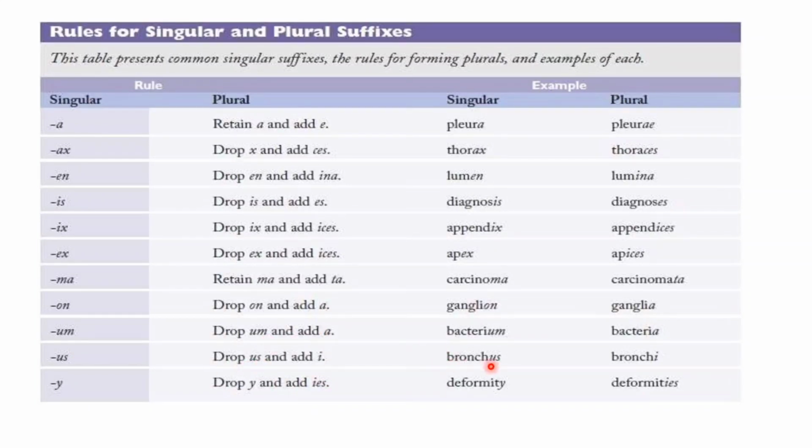For example, bronchus, so the plural will be bronchi. And the last example: if there is a y, then drop y and add ies. For example, singular deformity, and the plural will be deformities. So these are the rules for singular and plural suffixes.